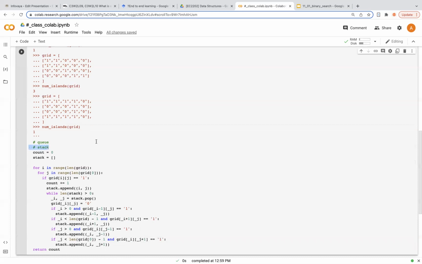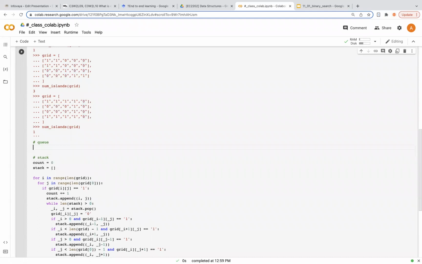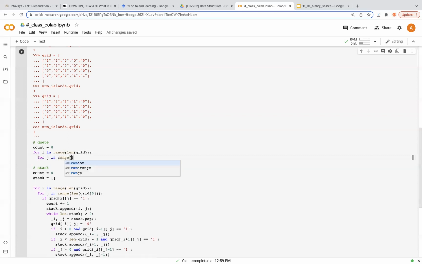So up to this point, are there any questions regarding this solution? All right, I think everything is clear. And the next solution is using queue, right? Here we are going to do a similar thing. We first define a variable to count the number of islands, all right? So we do a similar thing like this,